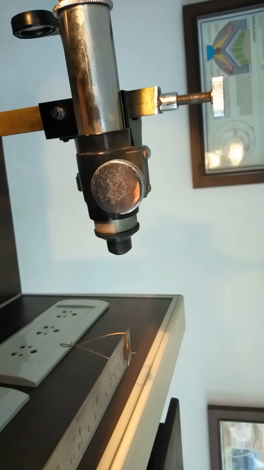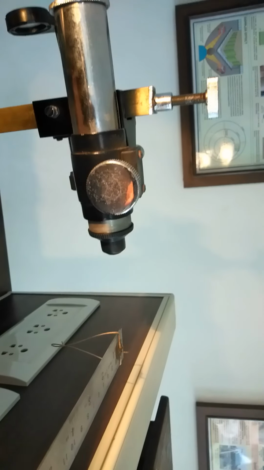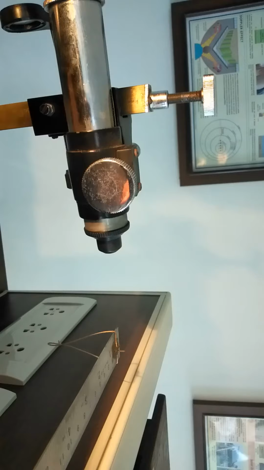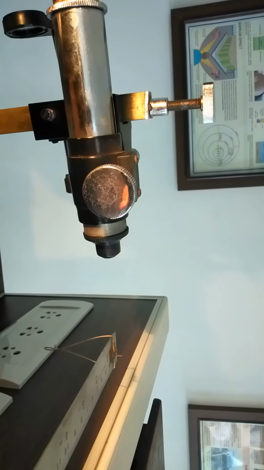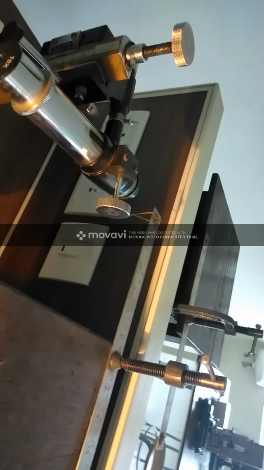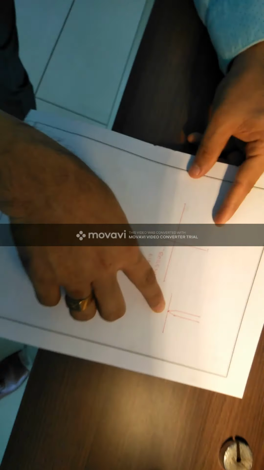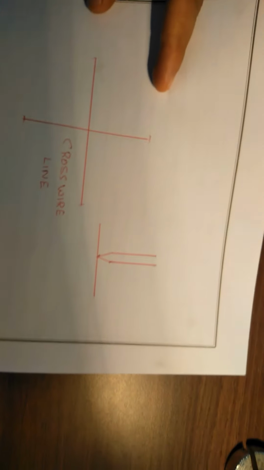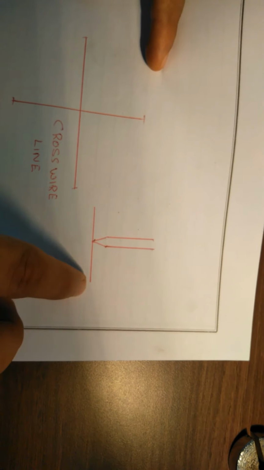Now for the first trial, you have to focus on the tip of the pointer pin, which is the inverted image. It's quite difficult to show through the eyepiece in the experimentation, so I can just show the picture here. Like this, you will get an inverted image which is exactly touching the horizontal line.